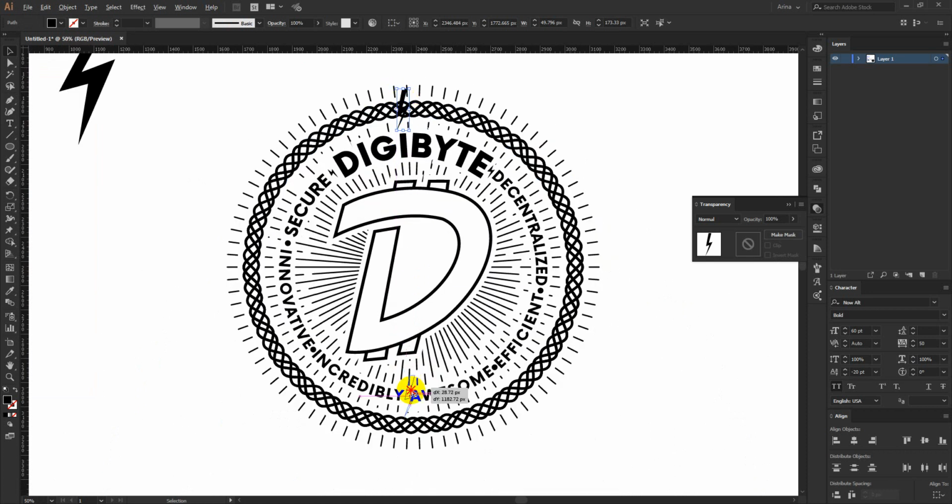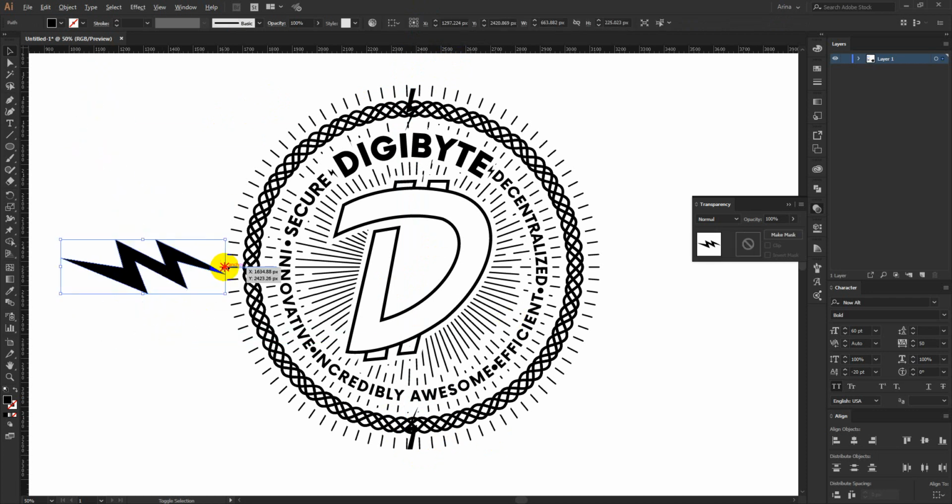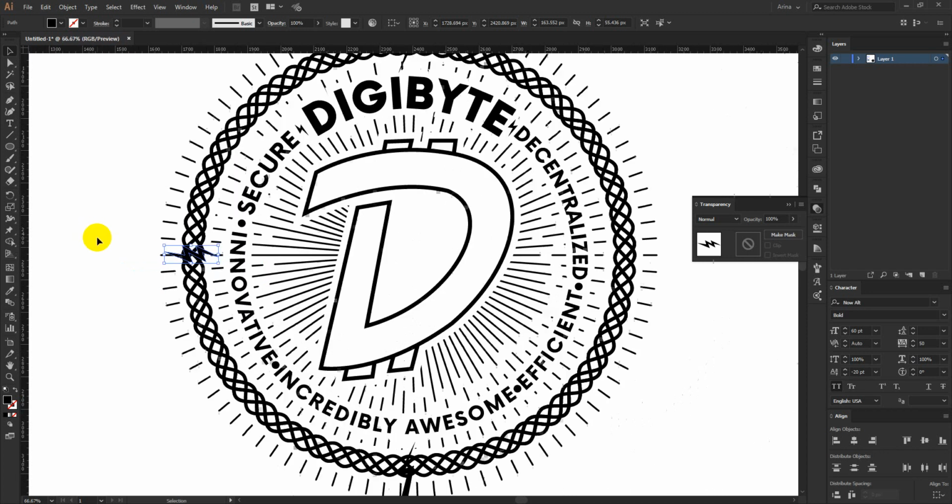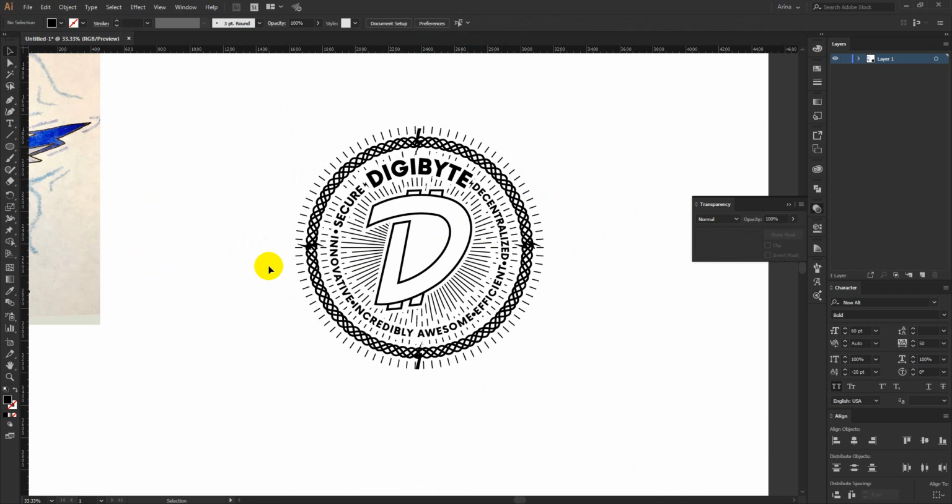So I am placing that there, and maybe this area here, but I am going to rotate it, and I need to make them exactly in the center position. So that is okay for me. Now maybe just like this, and this one here I am going to use in exactly the same smaller size, just like this. Okay, so this is maybe looking boring, but these little details will make this design stand out,